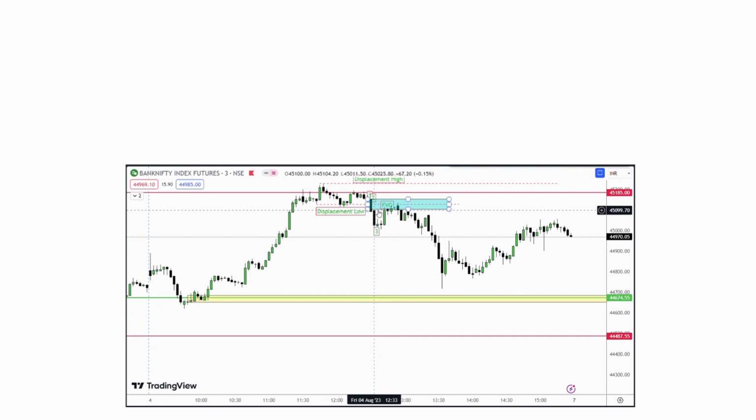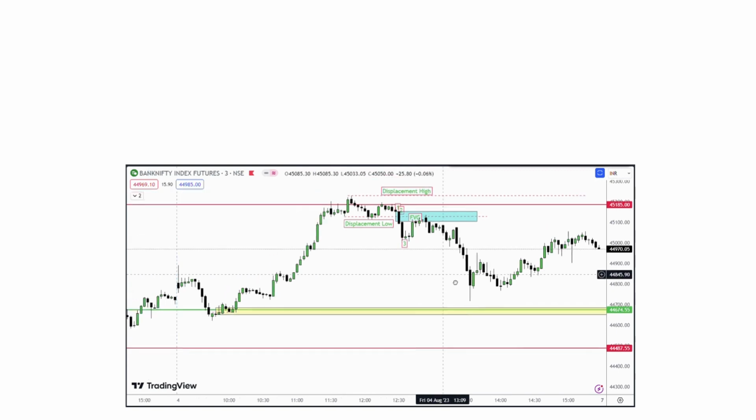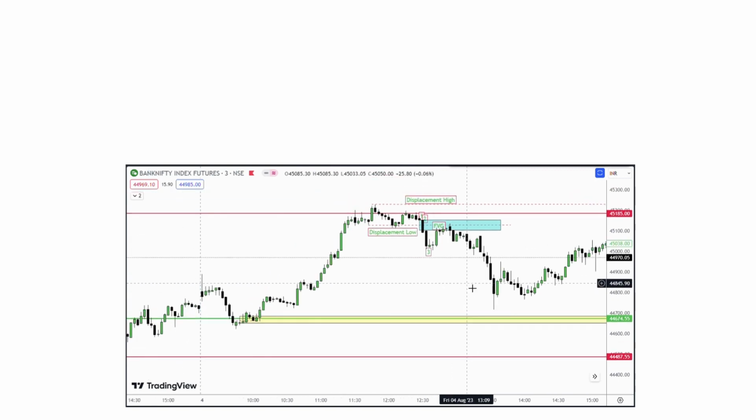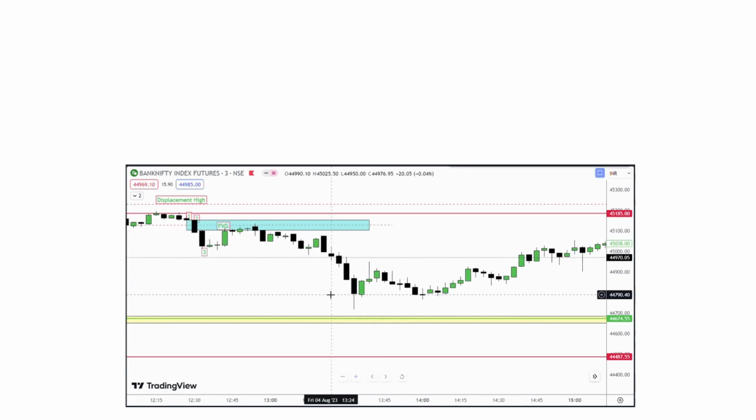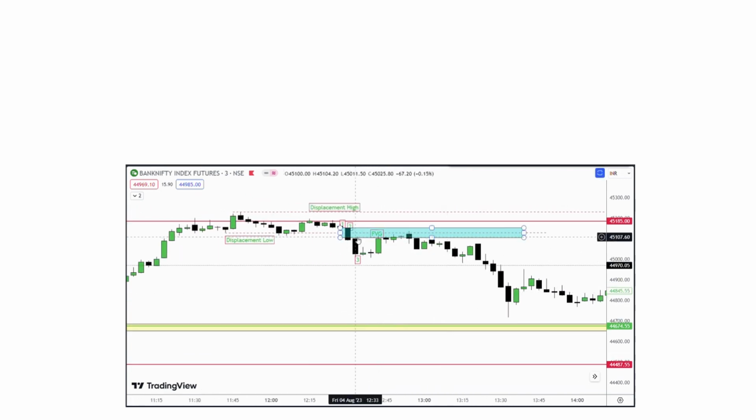It gave us a good move of around 45 100. It went all the way down to 45 730 levels. It nearly touched this fair value gap, which I'll speak about later. But I hope you guys understood the gist of it: how to mark a fair value gap, where to look for a fair value gap, and when to take a trade. So in this particular trade, as I mentioned earlier, we will go short at the high